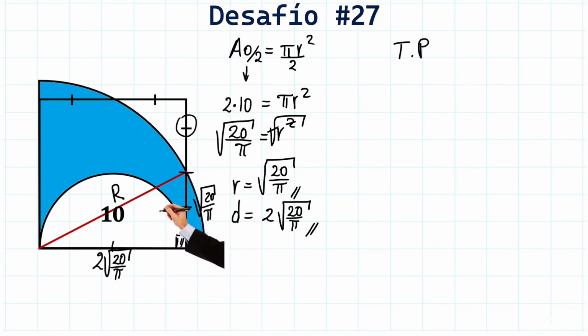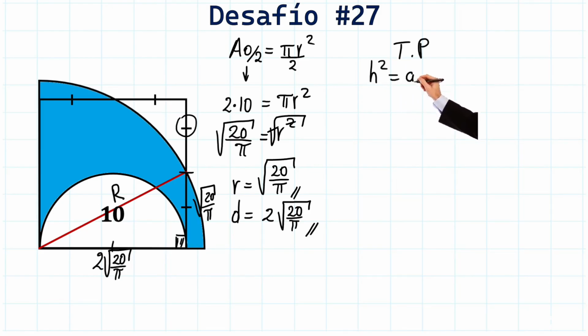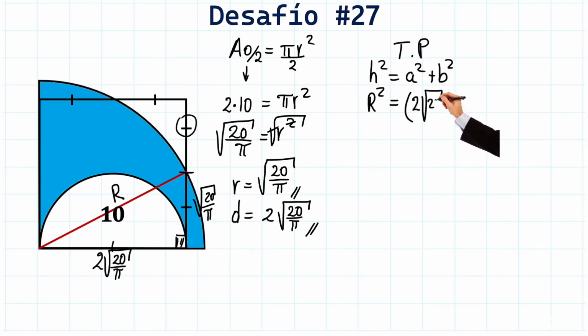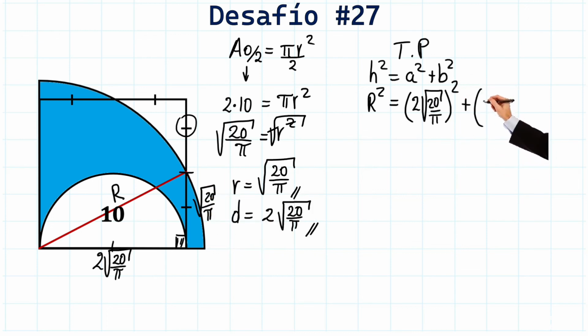And we will say that the hypotenuse squared is equal to each leg squared, added up. The hypotenuse, which is capital R, let's denote it as R squared. This will be equal to a squared, which is this here, so let's put it in parentheses too: the square root of 20, all of this over pi, over pi squared, right? Plus the other side, which is this one here. So plus open parentheses, the square root of 20 over pi,